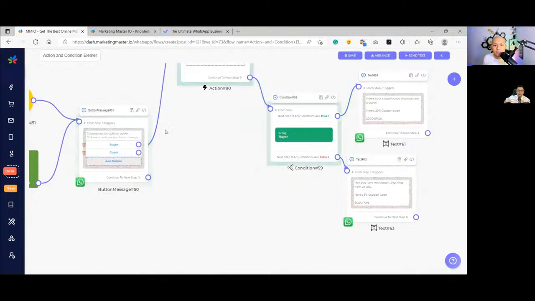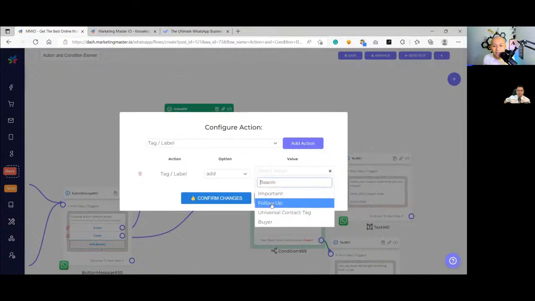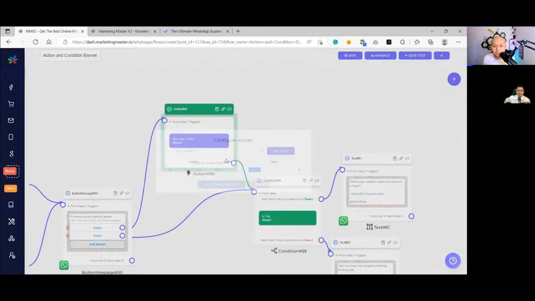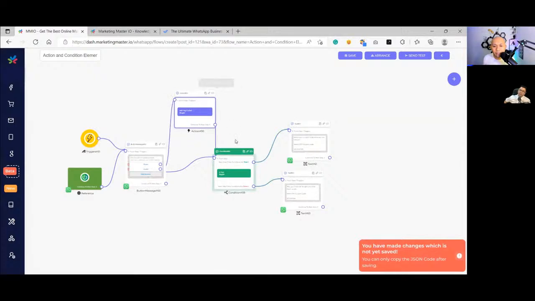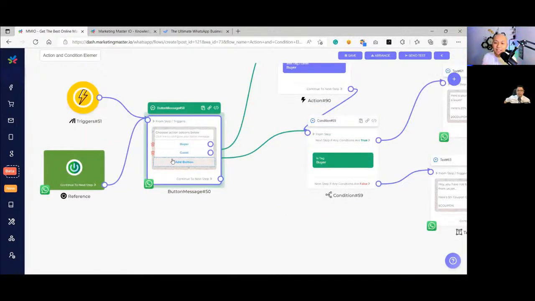And this one, do not add anything here. Add the action, add the buyer. Okay, so what would happen is, since during testing, you can only use one profile